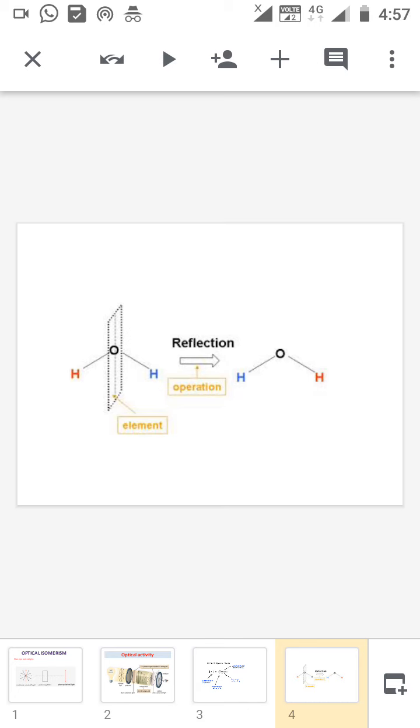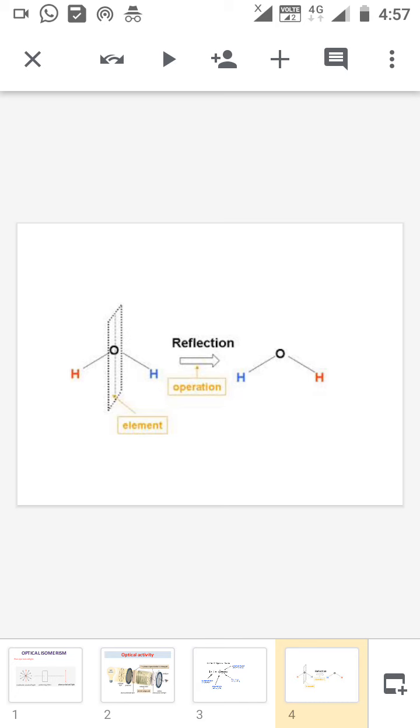Here it is shown the plane of symmetry. Plane of symmetry means, we are taking the example as water molecule. So the molecular formula HOH. The plane means it is a bounded